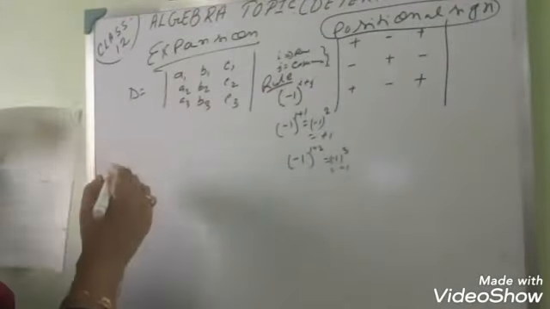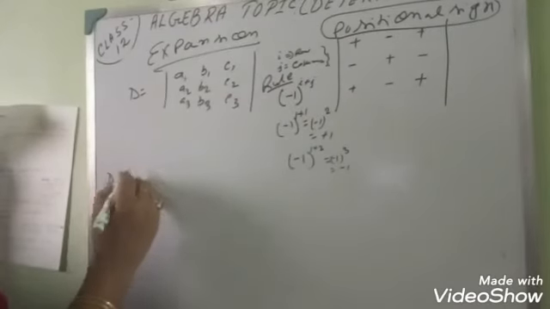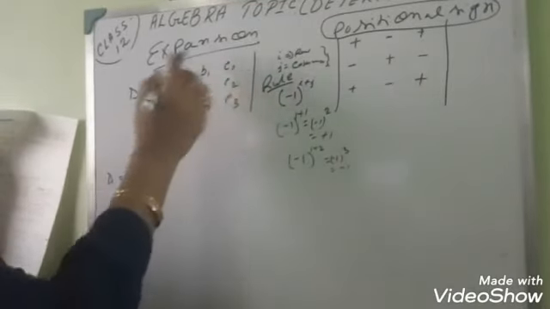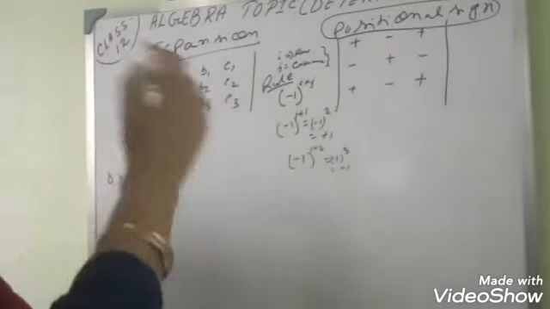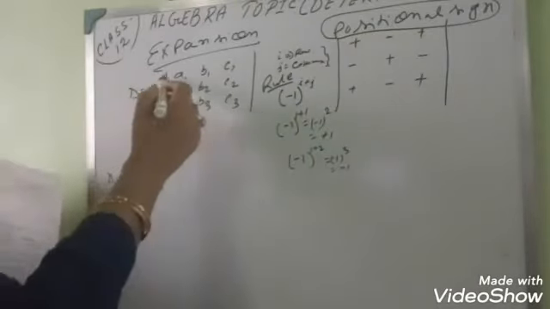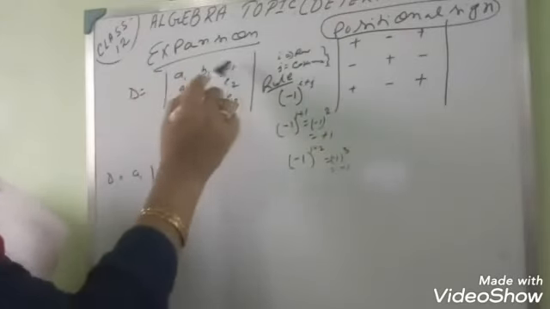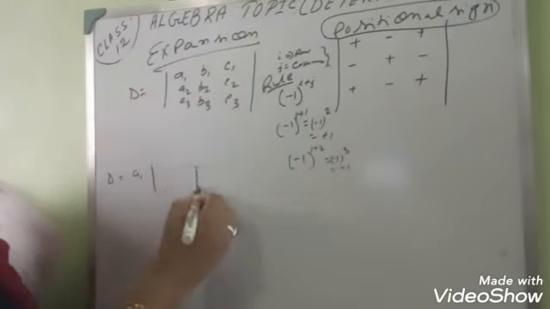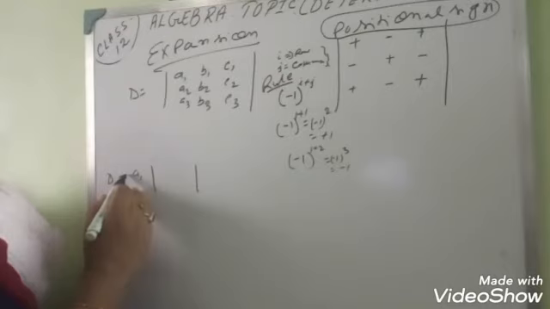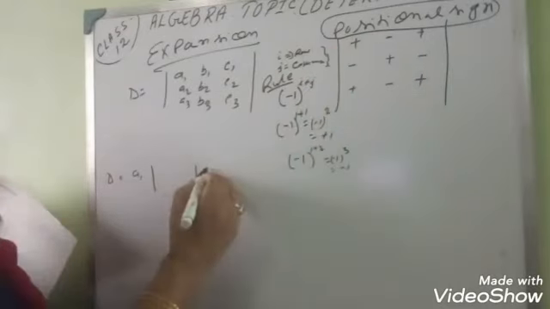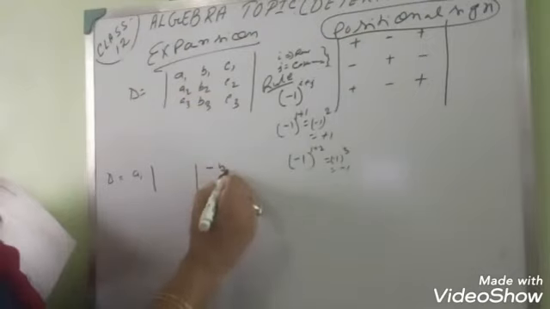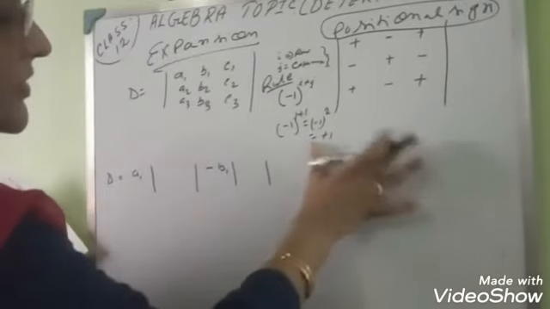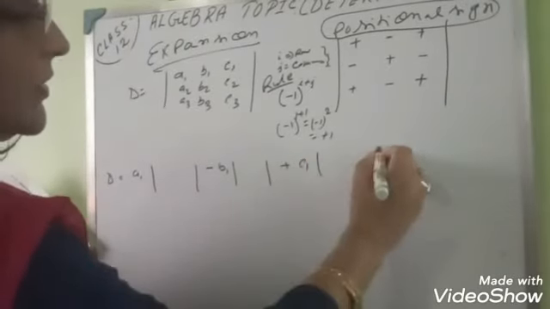Now, what is the determinant expansion? A determinant can be expanded with respect to any row or any column. Now, if we expand with respect to the first row, the elements are a1, b1, c1. At first we write the elements, then the positional sign. The first positional sign is plus, so no need to write plus here. The second positional sign is minus, so write minus with the element b1, then write this determinant. Then the positional sign for c1 is plus, so write plus c1.